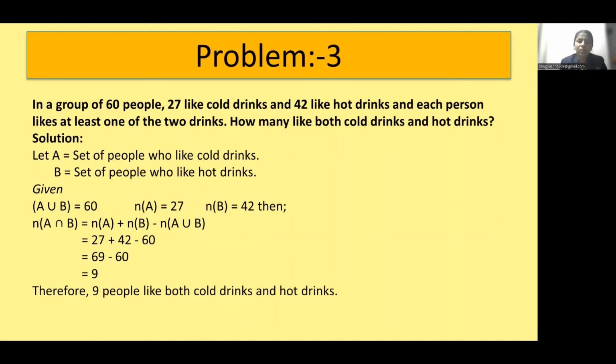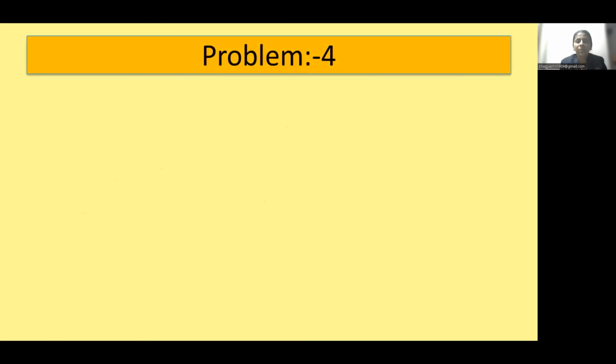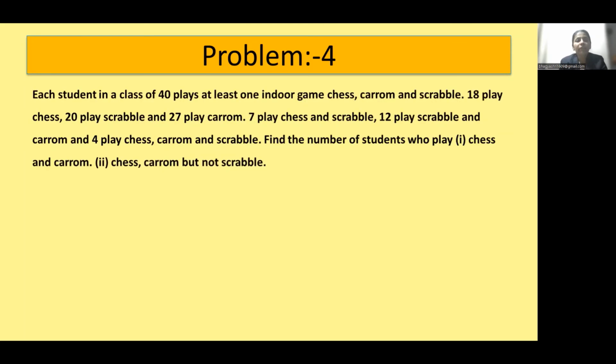So this is the third problem, and then the last problem from this lecture. Each student in a class of 40 plays at least one indoor game: chess, carom and Scrabble. 18 play chess, 20 play Scrabble and 27 play carom. 7 play chess and Scrabble, 12 play Scrabble and carom and, sorry, 4 play chess, carom and Scrabble. Find the number of students who play chess and carom